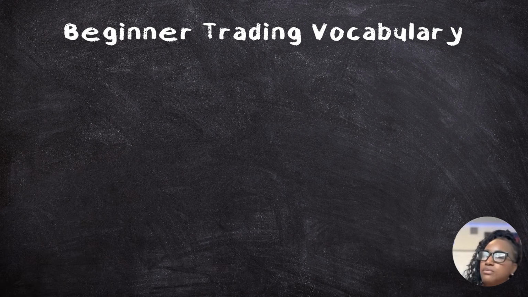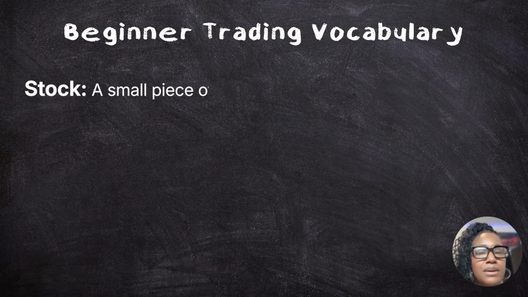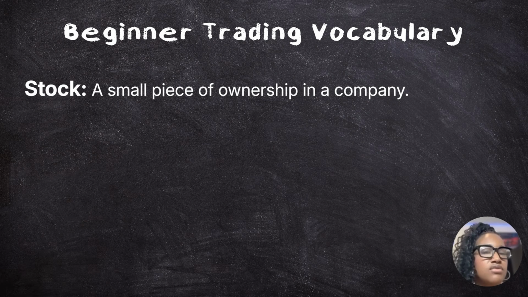So let's get to some basic vocabulary words that all traders should know. Stock. Simply what that means, y'all, is a small piece of ownership of a company. Okay, so traditionally that's what all investors know. If I buy a piece of Apple shares and Apple's prices go up, my share value goes up and I make money. Okay, you are able to buy or sell and make money off of that stock,